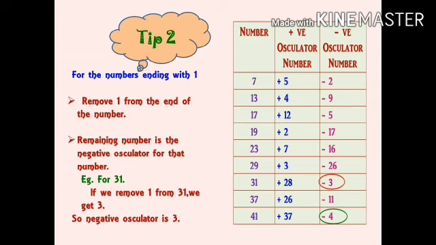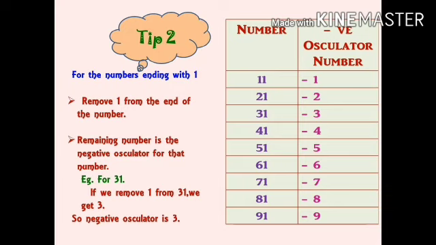So from this we have got a clue. If a number ends with 1, we shall use the negative oscillation method because finding the negative oscillator number is very easy for that number. So here we have a list of numbers ending with 1, such as 11, 21, 31, 41 and so on. If you want to find the negative oscillator for those numbers, we just have to skip 1. The remaining number we get is 1, 2, 3, 4. Right? So it's very easy. So if a number ends with 1, we can use the negative oscillation method very easily without thinking.